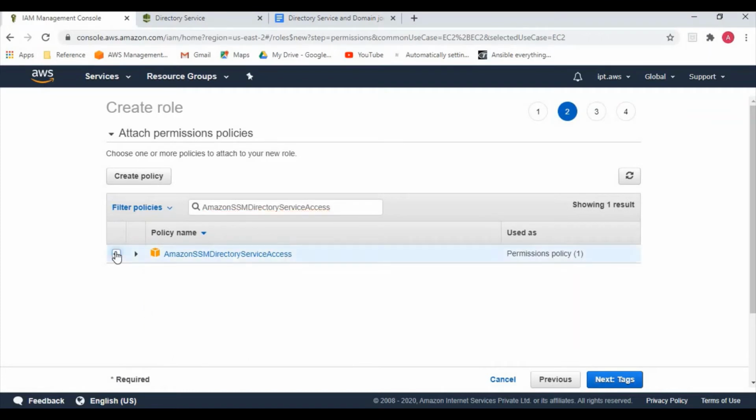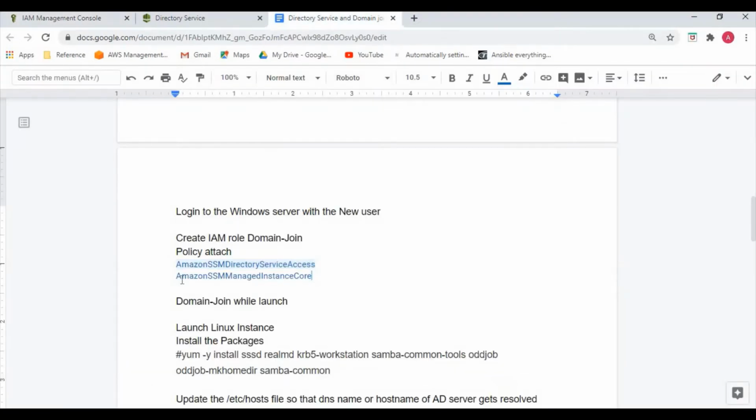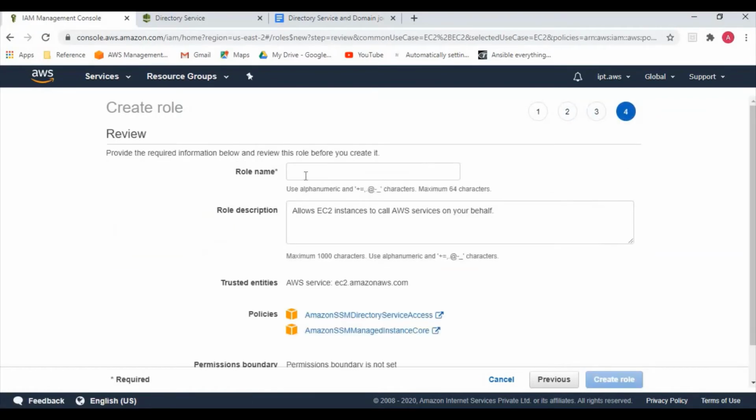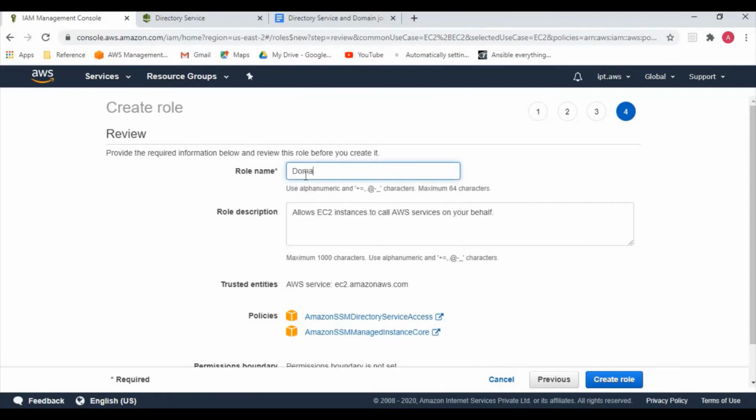So this is one of the policies that we need to attach. That is Amazon SSM Directory Service Access. Okay, and there's another policy. This is Amazon SSM Managed Instance Core. Okay, these are the two policies that we need to attach to the IAM role. You can just give domain join, create role.